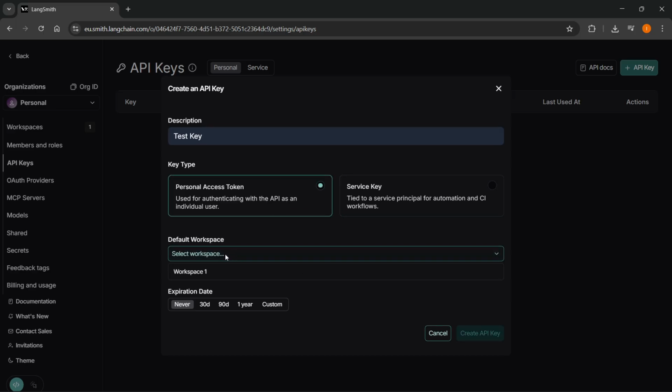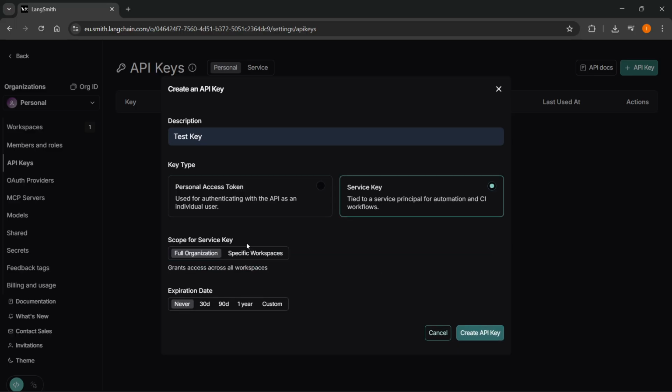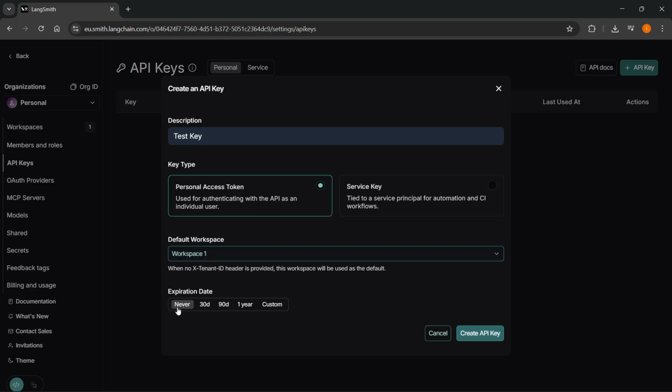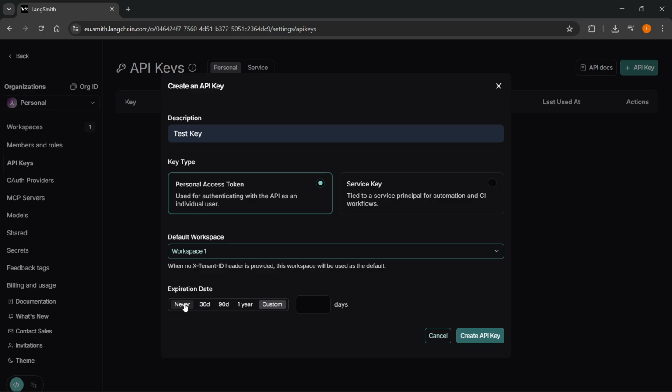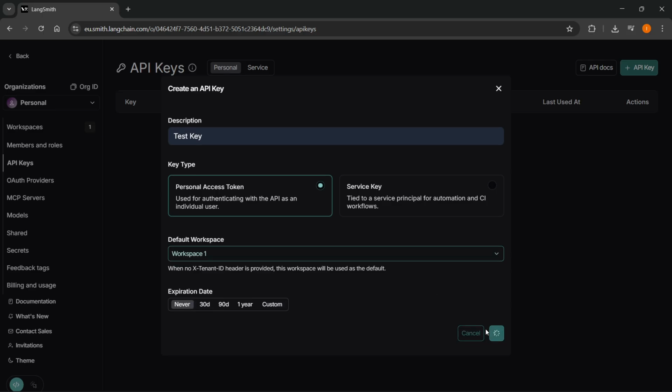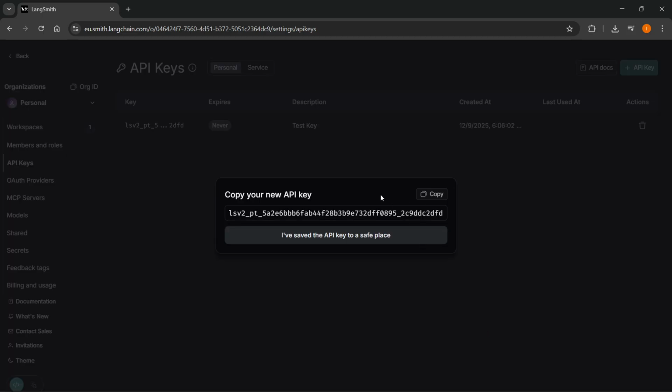And then you will have to select either a default workspace or of course a scope for service key in case you're using a service key. And then when you do that, you can also set the expiration date. You can set never, 30 days, 90 days, 1 year, or custom. Okay, so when you've done that, click on create API key, and your API key is going to get created